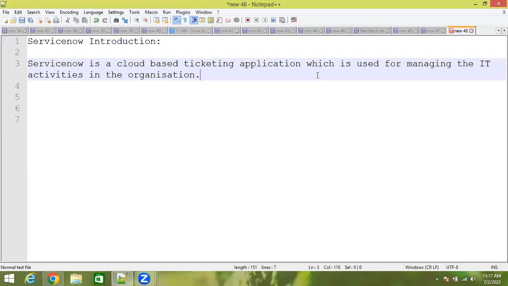The complaint or incident will be assigned to some backend team, the team who is managing the applications. The application which you are facing the issue with, the incident will be assigned to the team who manages that application. The support team from the application will check on your issue and try to resolve it. So this is handling the incidents, handling the issues. Managing incidents or issues is an IT activity in the organization, right?